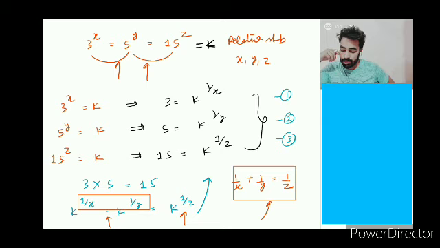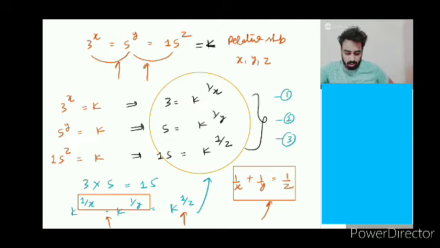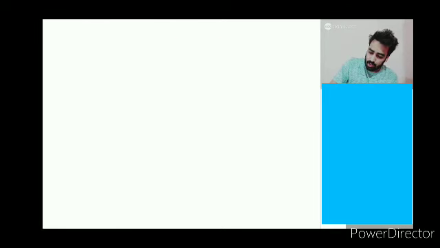कितने बच्चों को समझ में आया? 1 by x plus 1 by y, ओलंपियाड में ऐसे क्वेश्चंस आते हैं. And the main masala in this question is from here. This is the main recipe, the most important part. NCERT में नहीं है. अच्छा, some students are saying that sir, last step. ध्यान से देखना बच्चों, last step क्या है? What I got: 3 value as k power 1 by x.